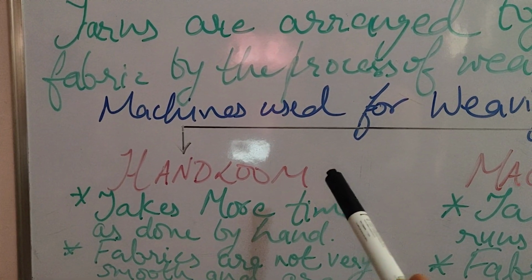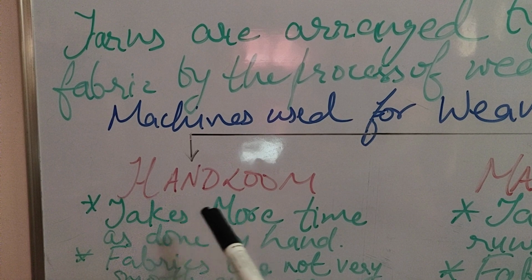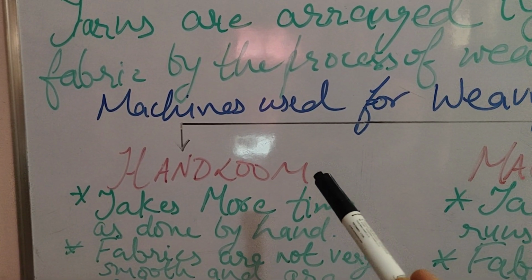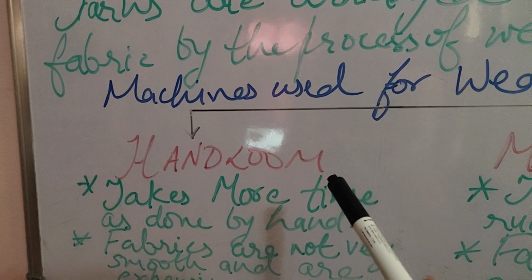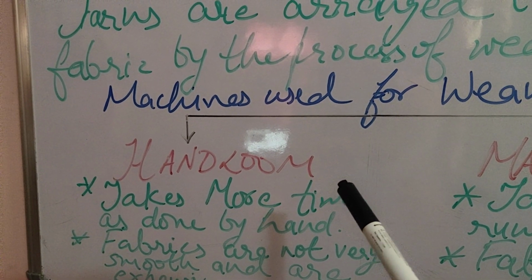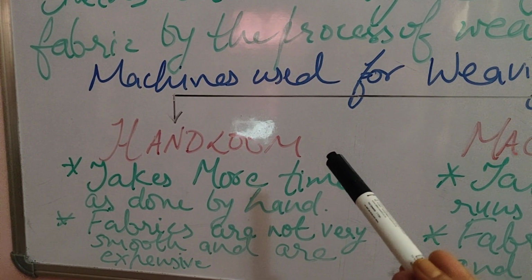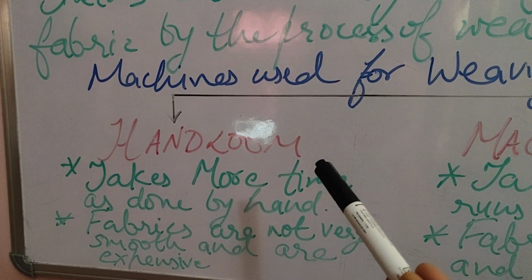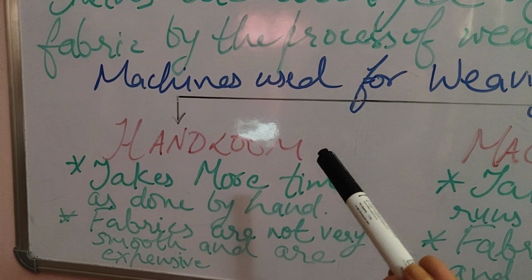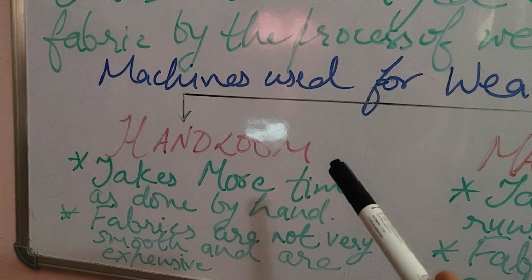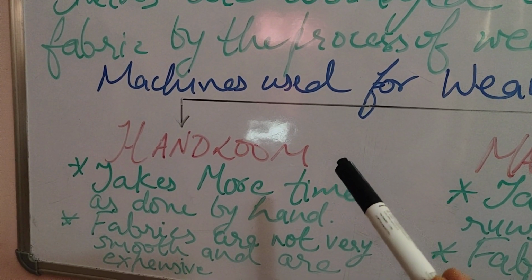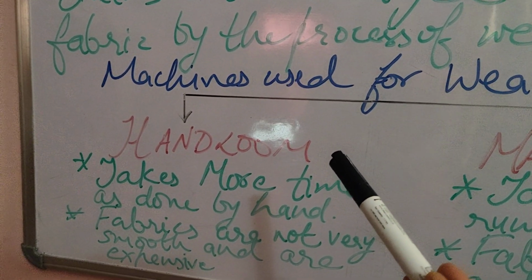Weaving by handloom is the occupation of many of the villagers and it is done on a small scale. People do it at home, in their backyard. Some people have small scale industries for handloom, and in most of the cities you can see handloom units or some handloom shops.